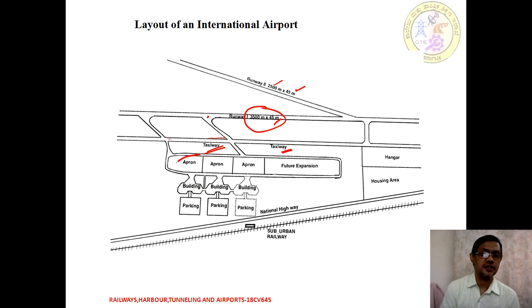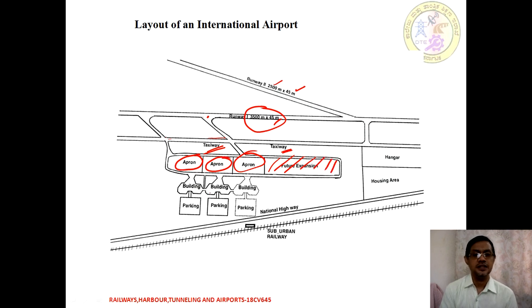Apart from that, depending upon the airport capacity, a number of aprons are going to be decided. This area is going to be used for future expansion. Then, depending upon the load or the passengers, we can independently have buildings. This is for the future parking area, and the terminal building is a concern. So we should have a segregated parking area, the hangar, and any other facilities we are going to provide.